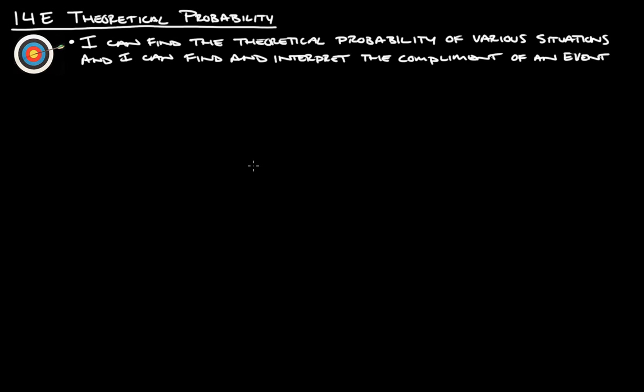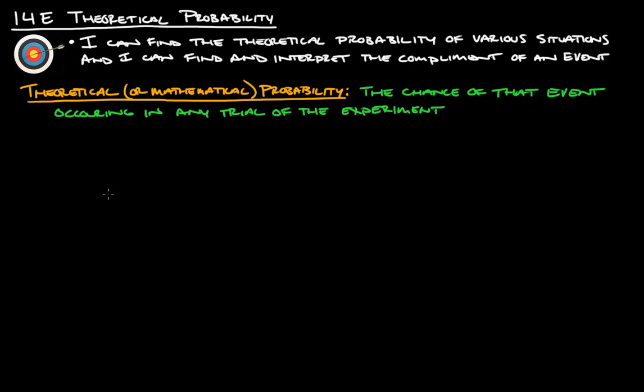I'm going to take you through the 14 e-notes on theoretical probability. At the end of this, you should be able to say, I can find the theoretical probability of various situations, and I can find and interpret the complement of an event. Okay, so first thing is theoretical or mathematical probability, and that's the chance of that event occurring in any trial